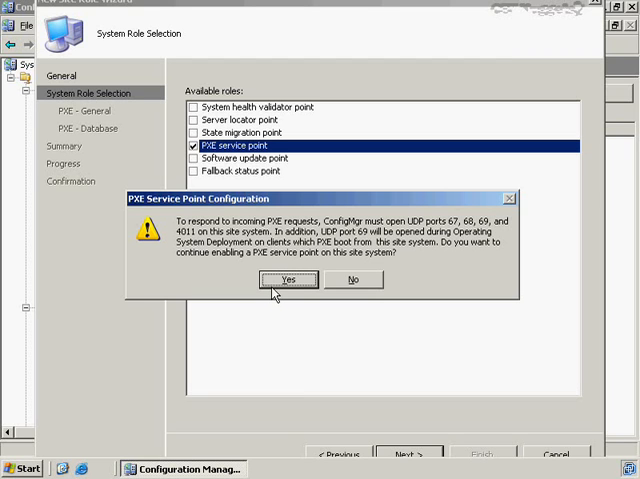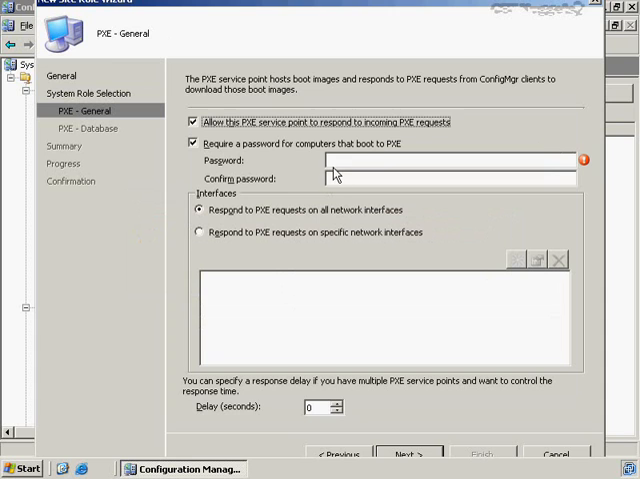As you'll see here, when a PXE client actually attempts to contact a PXE server, it does so over a certain number of ports, and those ports actually need to be opened up for us to be able to use them. In this case, it's UDP 67, 68, 69, and 4011. So we're going to go ahead and open up these ports so that we can continue enabling the PXE service point on this system. You'll see here now that we can allow this PXE service point to respond to incoming PXE requests. So when a client actually hits that F12 and begins requesting information from an available PXE server,